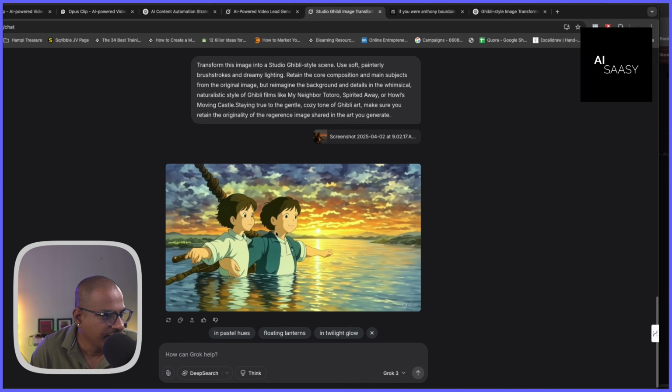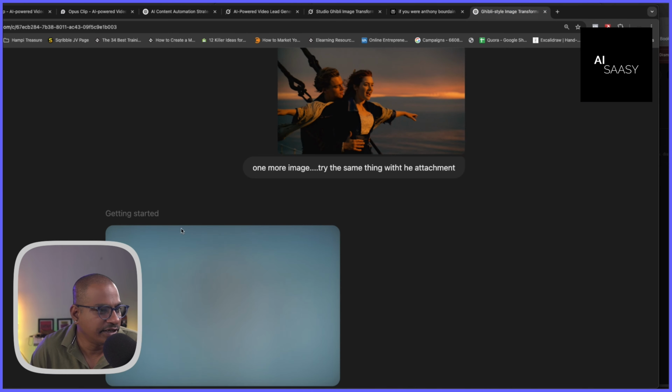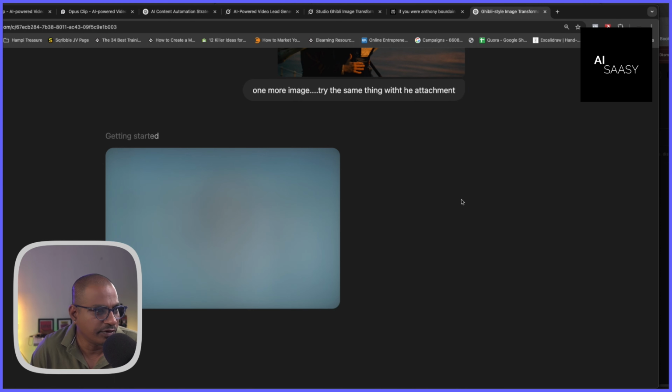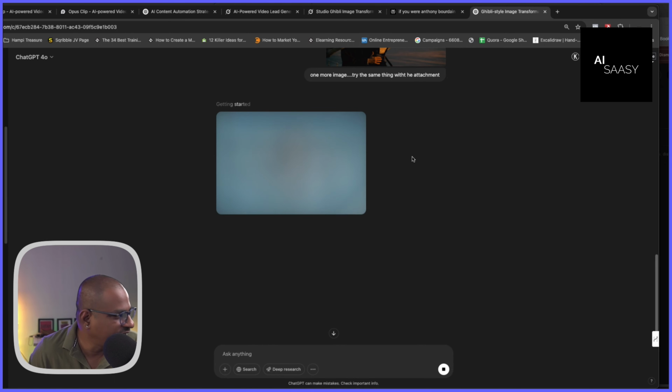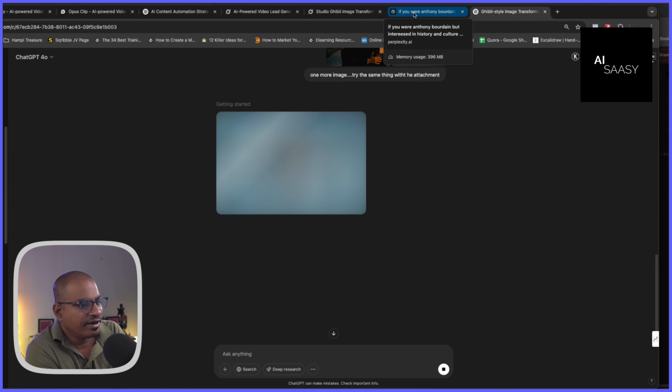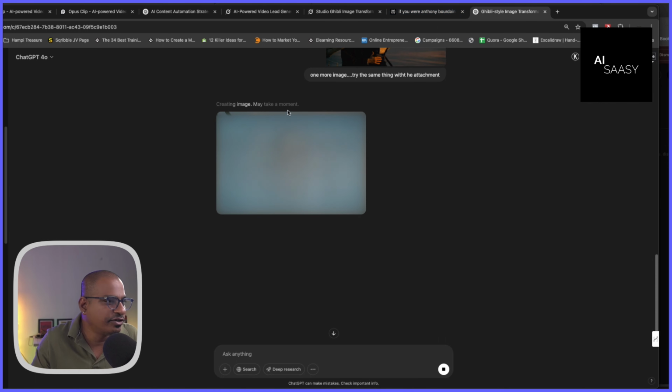Right? So it's taking just a few elements and then recreating something with all the creative liberty possible. But ChatGPT, I'm sure, will surprise us with how close to the reference image it can go and generate what we're looking at. So let's hold on for a few minutes. Moment of truth, and something that we can concretely say when it comes to image generation using the Ghibli studio style. We can finally give a conclusion and say who is the winner, right? So we're almost there. Let's just give it a few seconds.